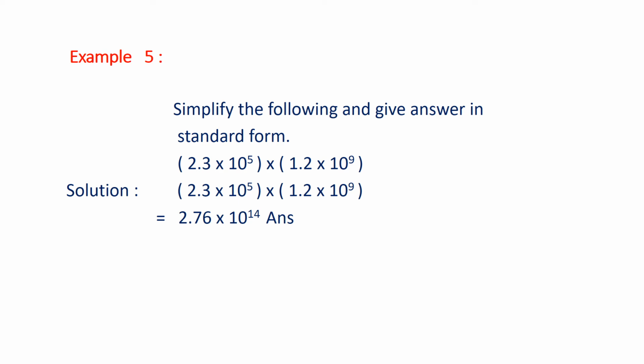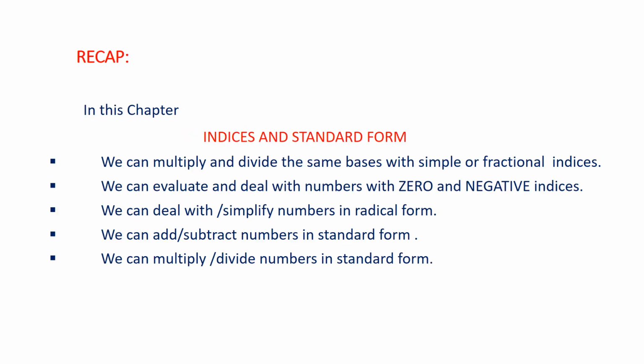In case of multiplication and division, I again repeat, we directly multiply this number by this one, or in case of division we divide this number by this one to get the direct answer here, and 10 powers are dealt with each other directly, means in case of multiplication these powers will be added, and in case of division these powers will be subtracted. So in this case we get this as the answer. This is already in standard form, so nothing to change in this answer.